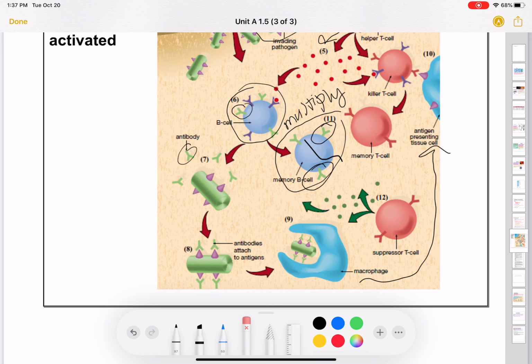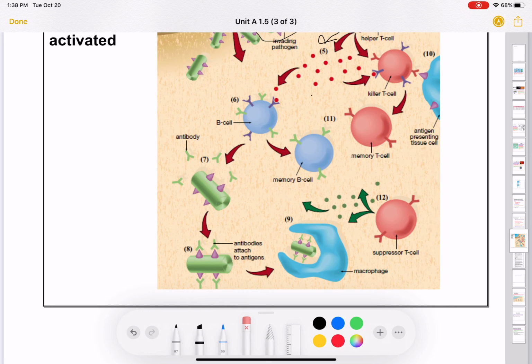So then the memory cell keeps that antibody around. And then number 12, the suppressor T cell will come along and send a message out to say, okay guys, let's stop responding to this. Okay, so this is a lot of things to remember, but I'm going to go through it to really refresh you right now,